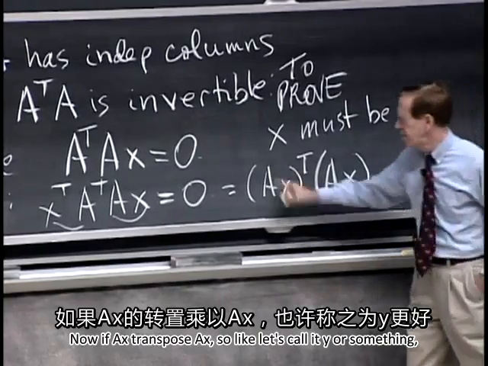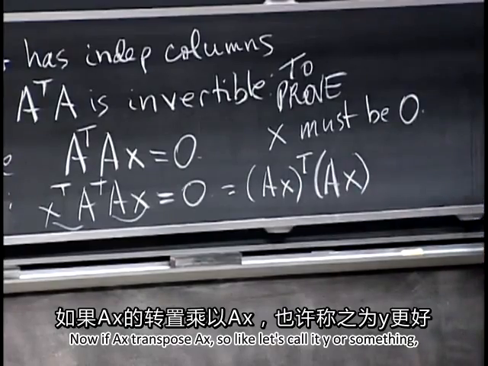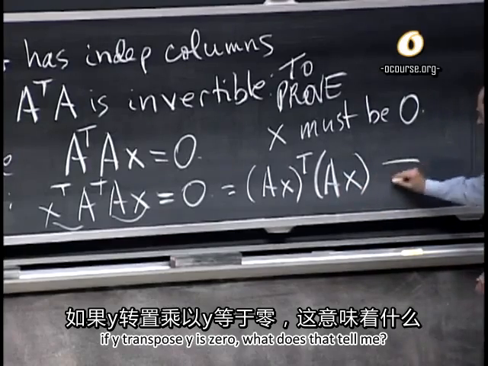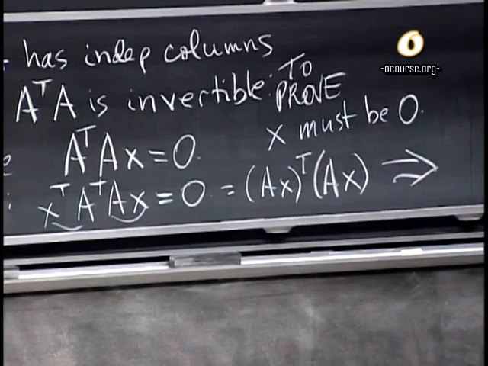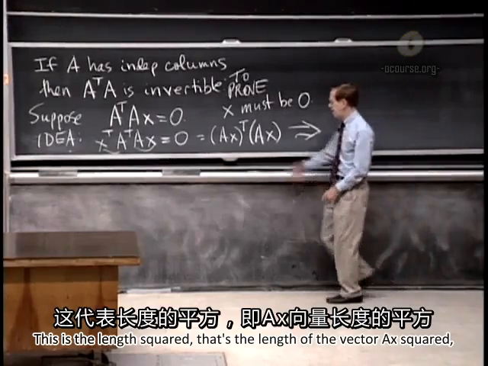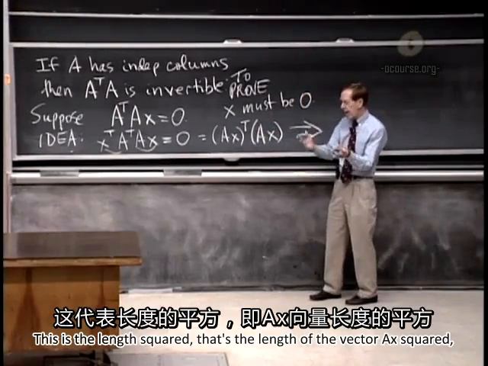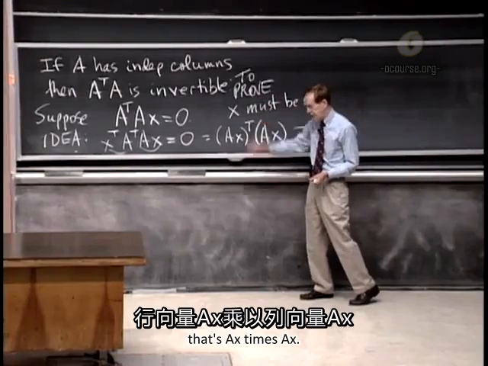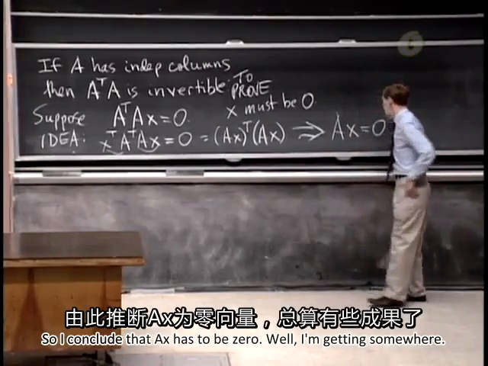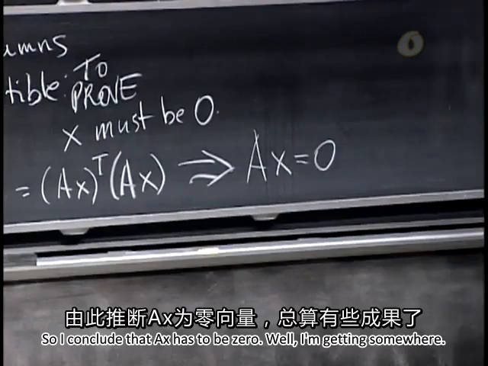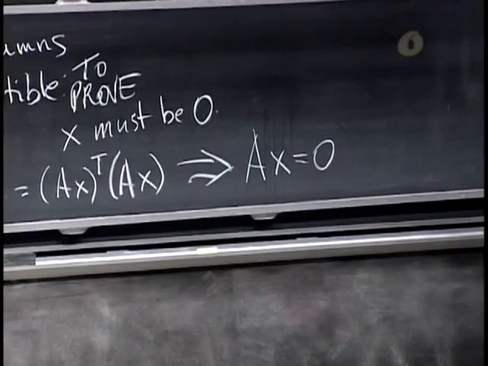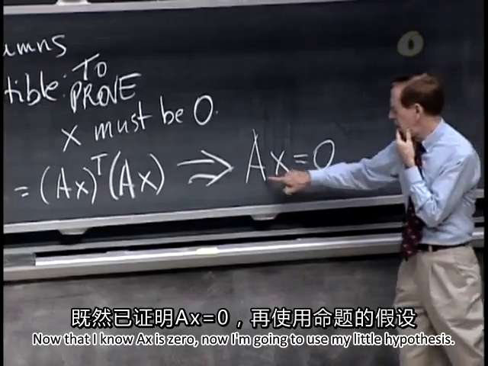Now, if (Ax) transpose (Ax), so let's call it y, if y transpose y is 0, what does that tell me? That the vector has to be 0, right? This is the length squared. That's the length of the vector Ax squared. That's Ax times Ax. So I conclude that Ax has to be 0. Well, I'm getting somewhere. Now that I know Ax is 0,